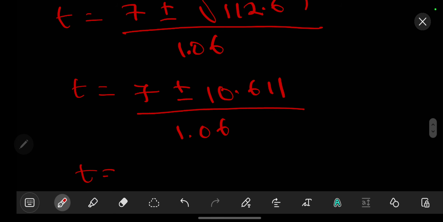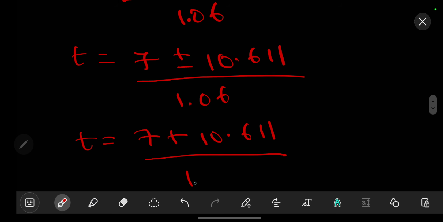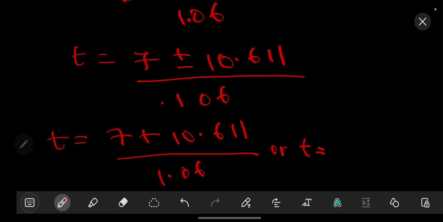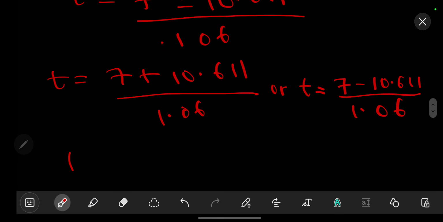Then we divide over 1.06. So our time will be equal to 7 plus 10.611 over 1.06, or our time shall be equal to 7 minus 10.611 over 1.06. So when we do this, we are going to get a value of, when we divide this throughout, just the final answer, 7 plus 10.611, divided by 1.06, this will give us a value equivalent to